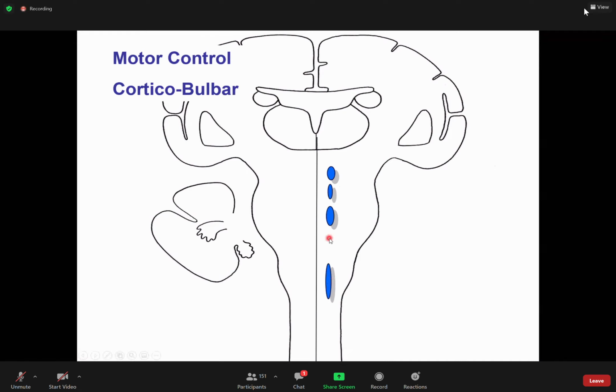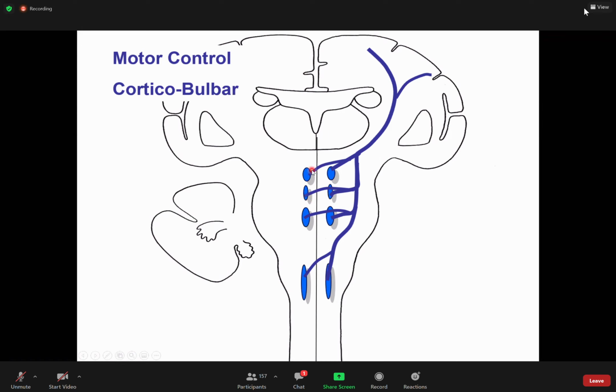These nuclei receive bilateral supply from both the cortices. So if there is damage to one side of the brain, you would not find an upper motor neuron lesion for these nuclei because they are bilaterally supplied. Unless you have both sides affected, you would not find upper motor neuron lesion for the third, fourth, sixth, and